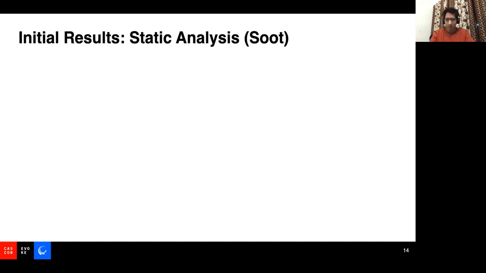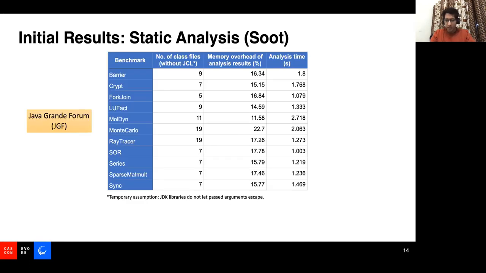So now let me present some very preliminary results of our static analysis and some more statistics on the JVM. Take this with a pinch of salt, because they are done on small pieces of code taken from the Java Grande Forum benchmark suite. And currently we do not analyze the JDK libraries, we just analyze these benchmark codes. We are still working on testing our static analysis with these small pieces of code, where we can just check what is going on if we find some issue.